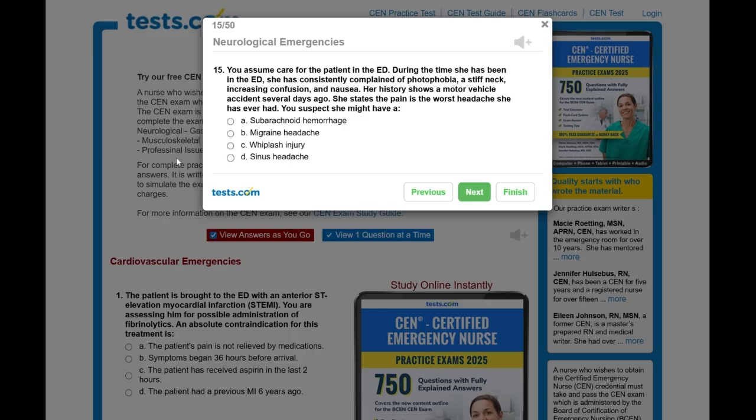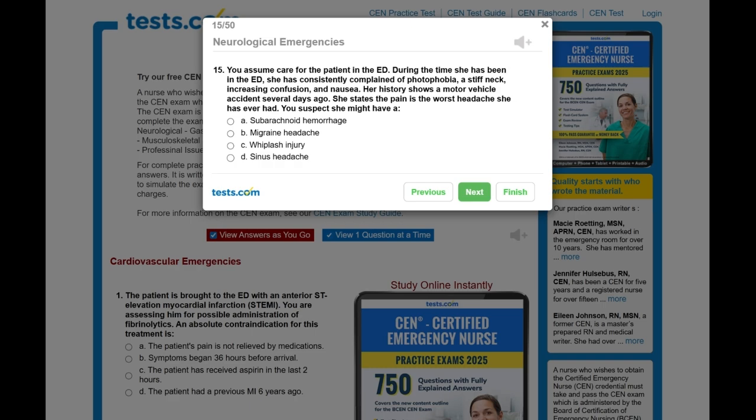Neurological emergencies. Question 15. You assume care for a patient in the ED. During the time she has been in the ED, she has consistently complained of photophobia, a stiff neck, increasing confusion, and nausea. Her history shows a motor vehicle accident several days ago. She states that the pain is the worst headache she has ever had. You suspect she might have